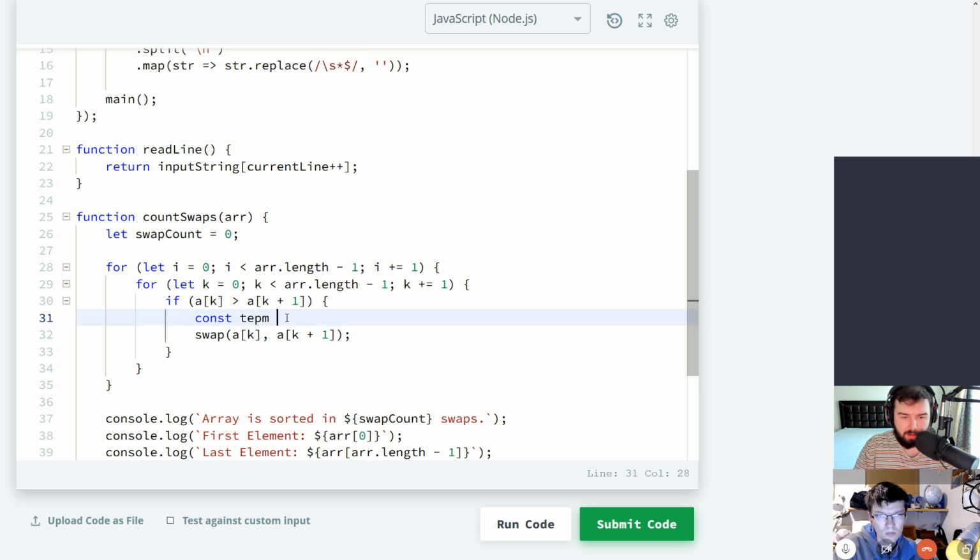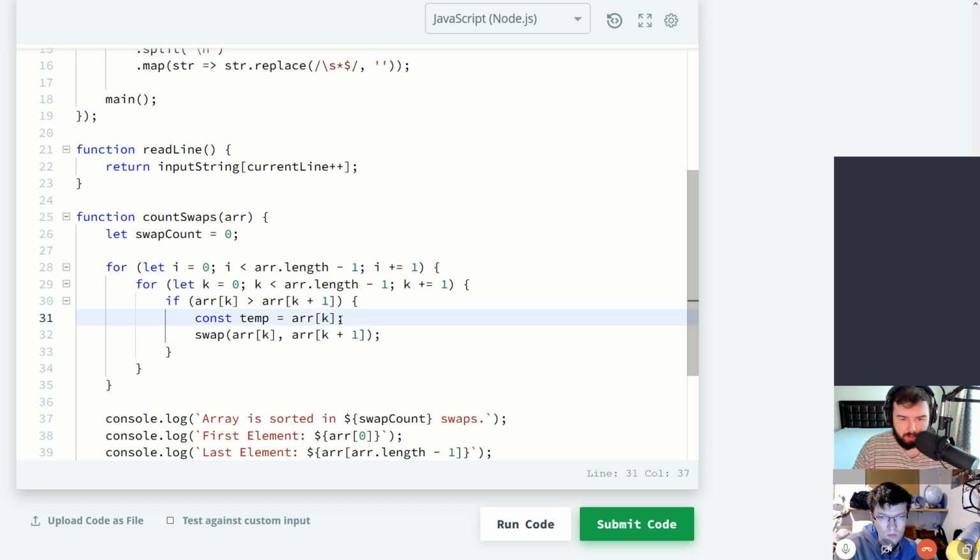So we will remember temp. We will remember the element of, also it's not a, it should be array like this. So we will remember the k element,